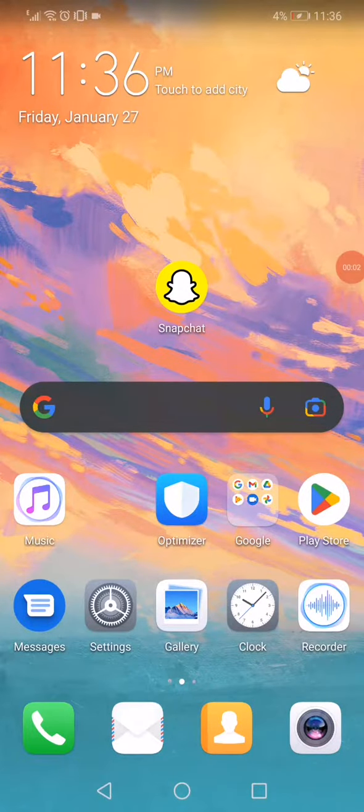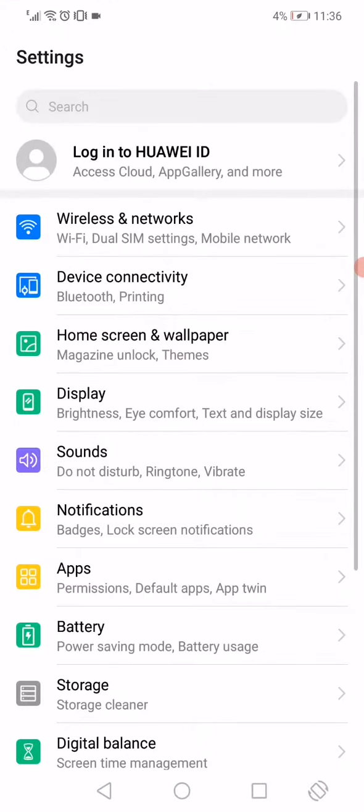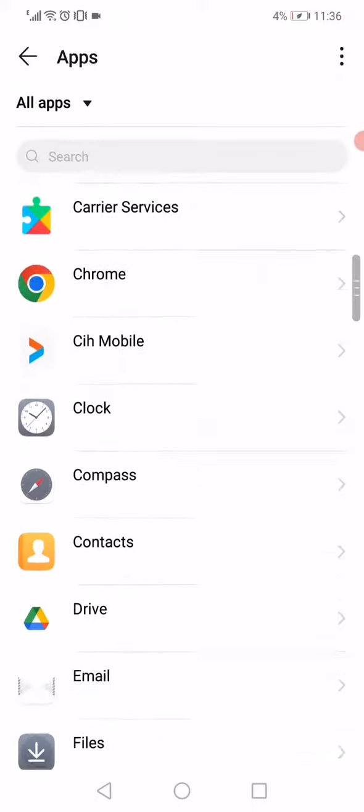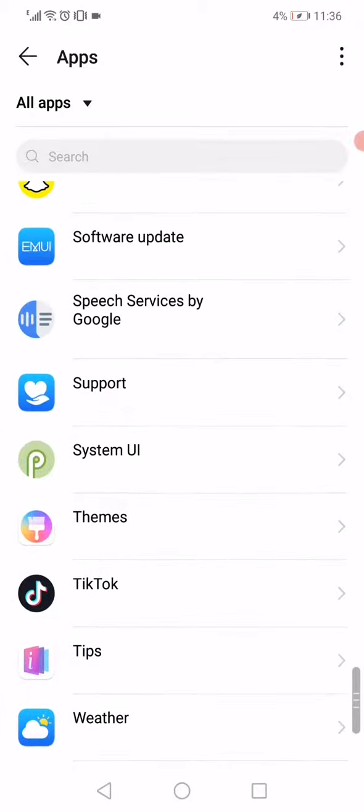How to fix Snapchat camera. First thing, open the settings on your phone and go to the apps manager. When you open the apps manager, on this page you will find all the apps that you have on your phone. So all you want to do is scroll until you find Snapchat and then click on it like this,